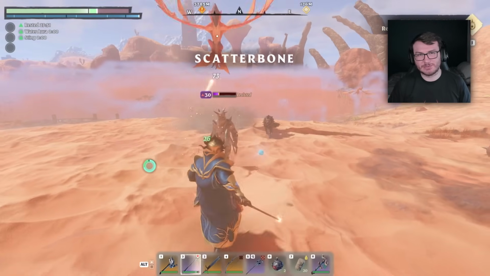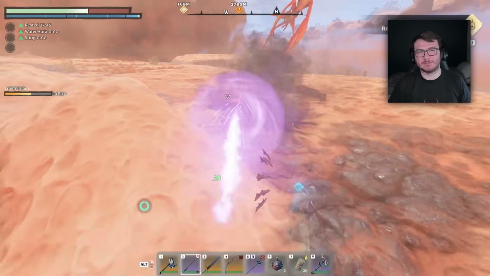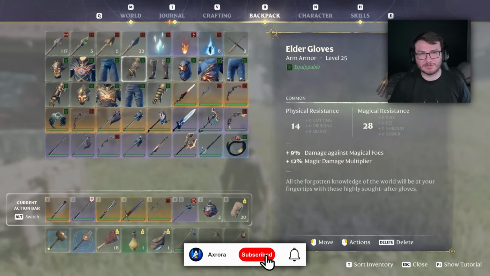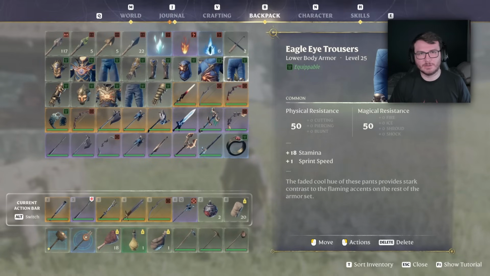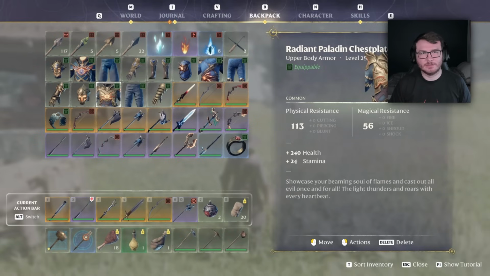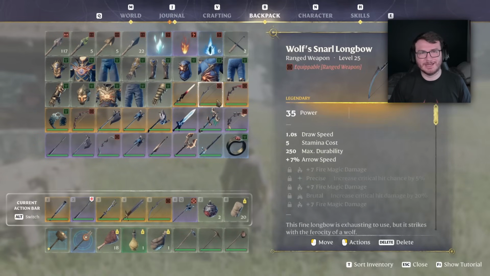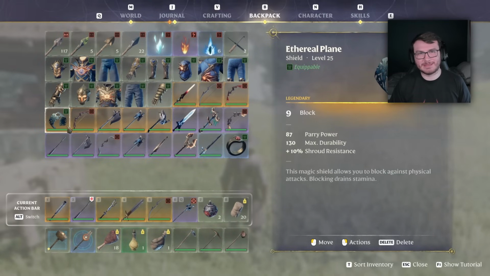So after farming these 2 chests for quite a long time, this is my list of loot that I've actually got, or the best items I've actually got from these 2 chests. I got the common Elder Hat, the common elder chest, the common elder trousers, the common elder gloves, the common elder boots, the common eagle eye helmet, the common eagle eye chest, the common eagle eye trousers, the common eagle eye gloves, the common radiant paladin helmet, the common radiant paladin chest plate, the common radiant paladin trousers, common radiant paladin gloves, a legendary enflamed sword, a legendary wolf's snarl longbow, a legendary arsonist's bow, a legendary ethereal plane, a